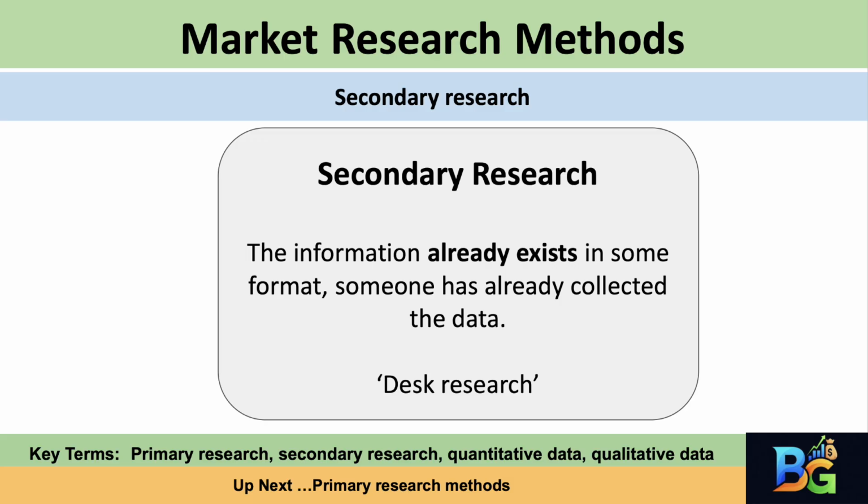Okay, so established, already exists, already gathered. Desk research. What else does the source highlight about this? Well, if you think about that already collected part, it tells you something important about the data itself. Like what? Like, you didn't control how it was collected. You didn't design the questions or pick the sample, you know? Right. You're working with information that was gathered for someone else's reasons, probably. Exactly. Someone else's goals shaped that data originally.